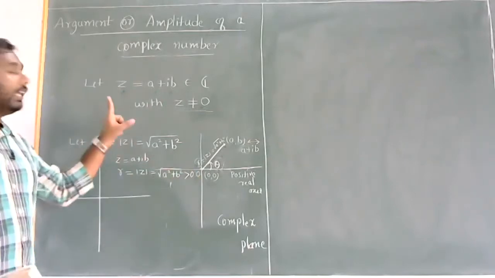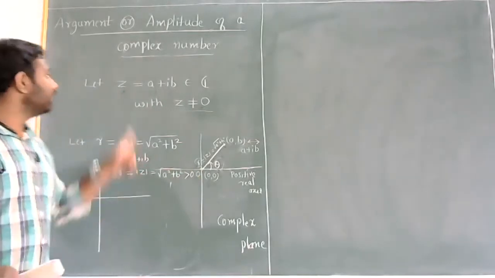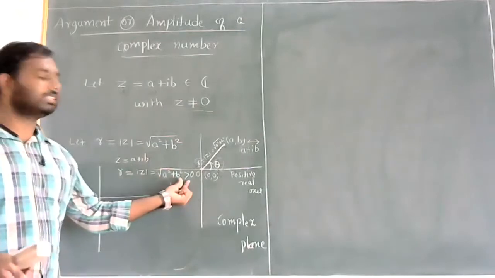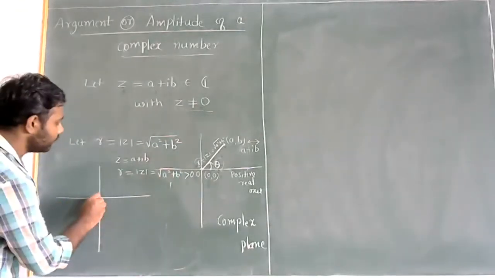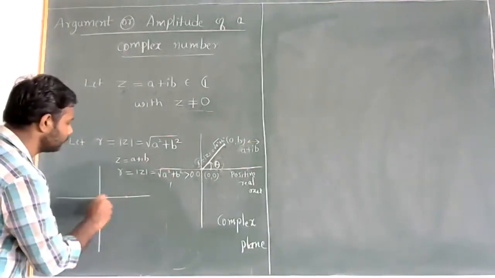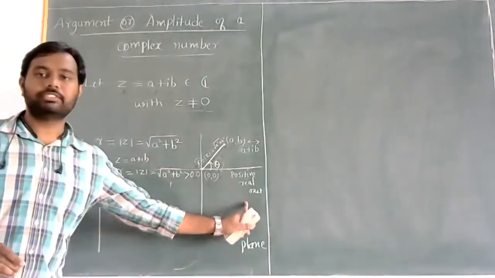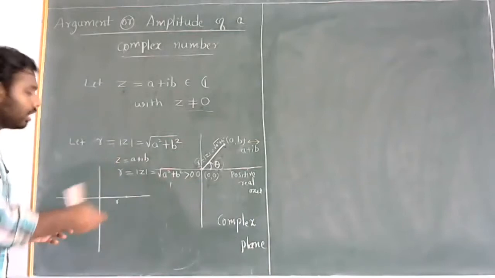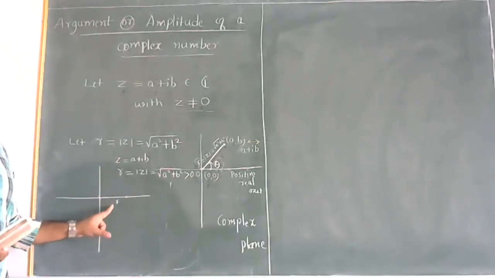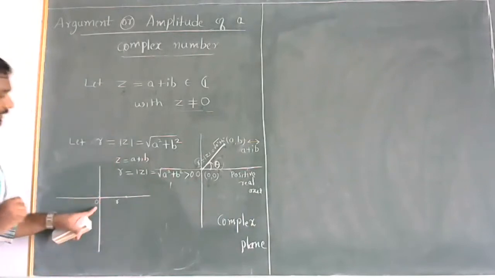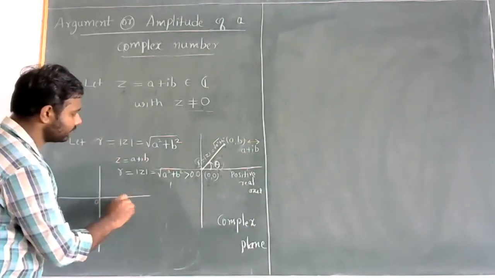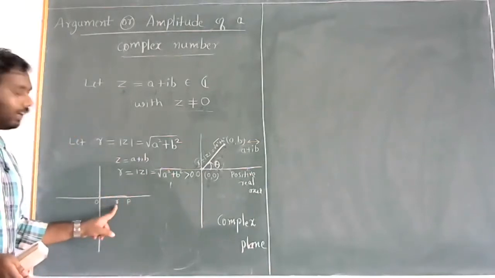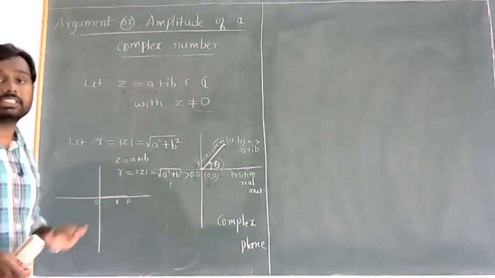The modulus of any complex number is non-negative, and as the complex number is non-zero, the modulus will also be non-zero. So the only possibility is that it is positive. Now we'll mark the length r along the positive real axis. As r is positive, we can mark a line of length r. I take this as O and this point as P. So now I have a line OP of length r lying on the positive real axis.